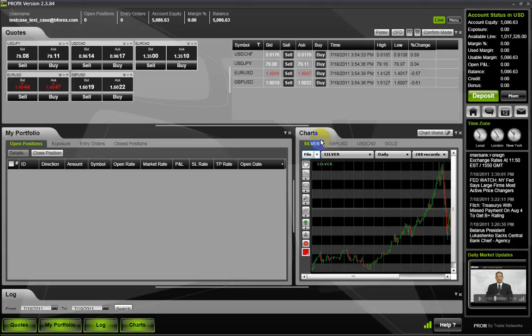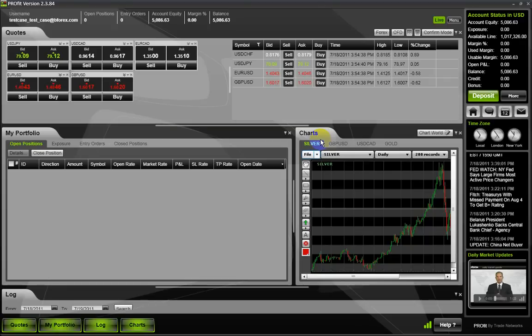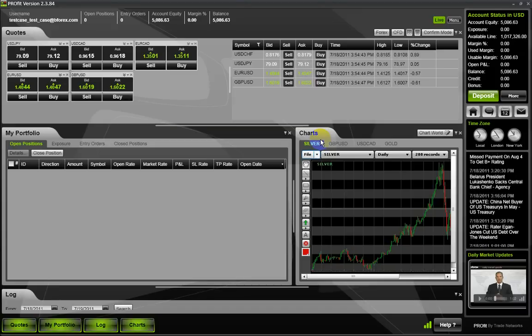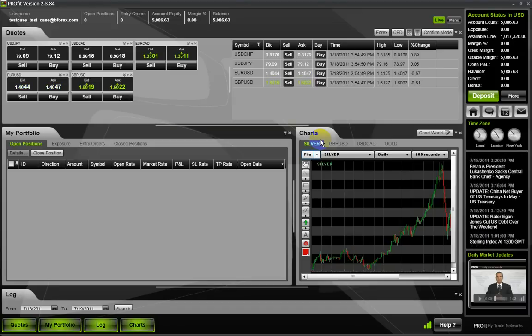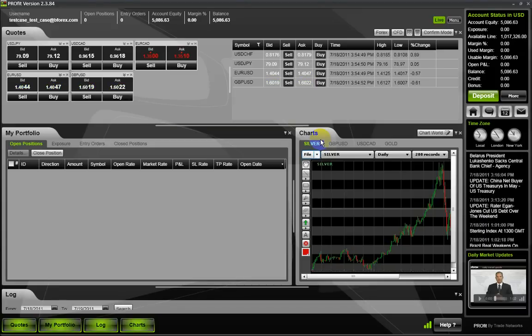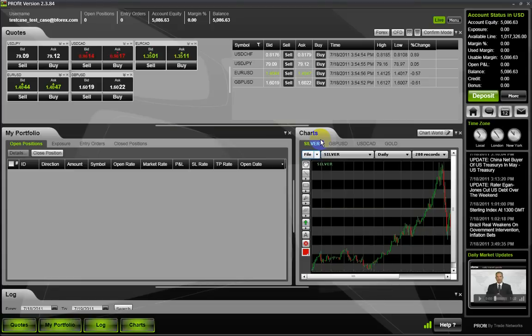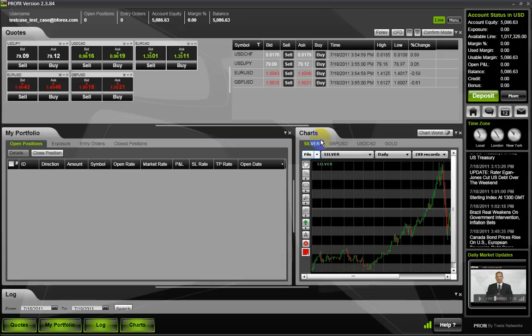I'm an account manager here in B4X, and today I'm going to show you how to utilize leverage to your advantage. Now, leverage basically means that you have a higher buying power than the amount of money that you've invested in your account. And at B4X we're offering a leverage of 200 times. So that means that if you've invested an amount of $5,000, let's say, then you have actually $1 million to